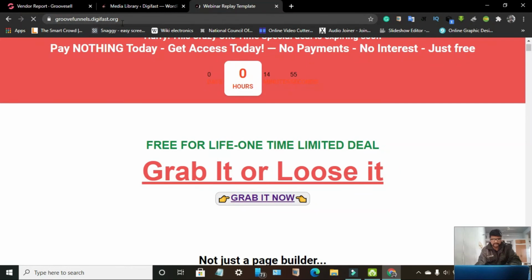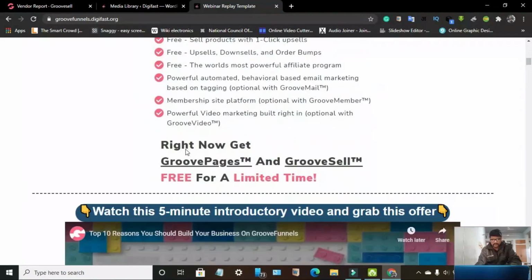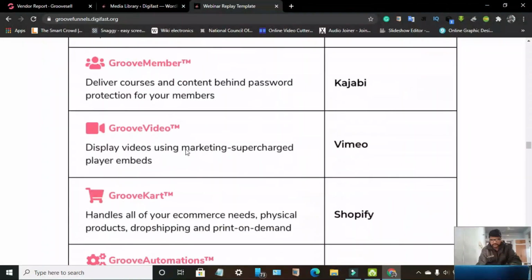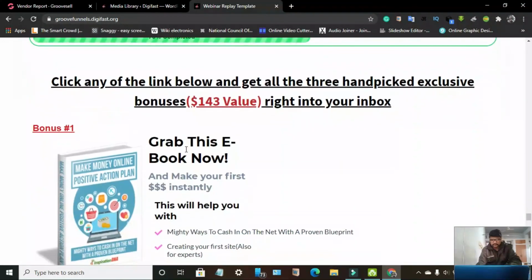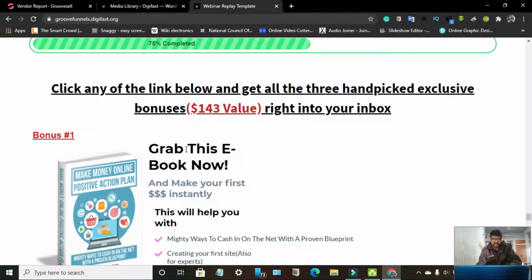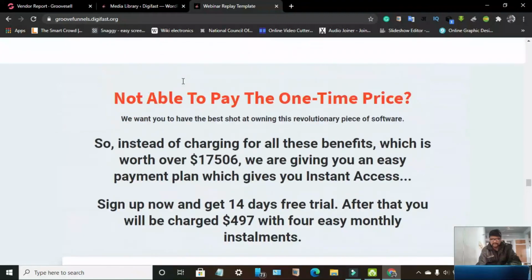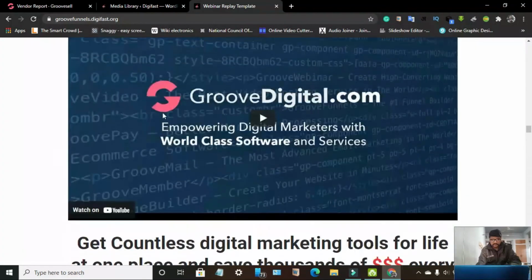You can see here digifast.org. It's my own website, and you can see here, this is a very beautifully designed landing page. I needed only half an hour to create this page because it was already ready-made. I've just changed the text and images.